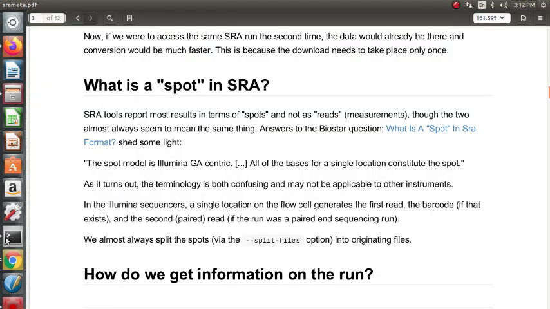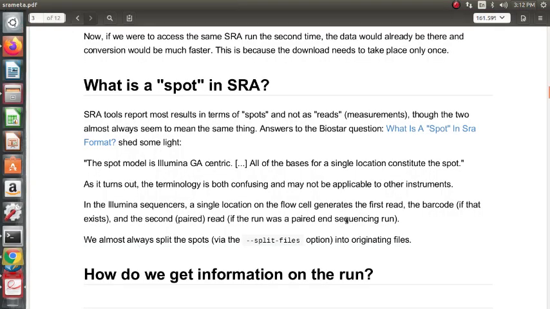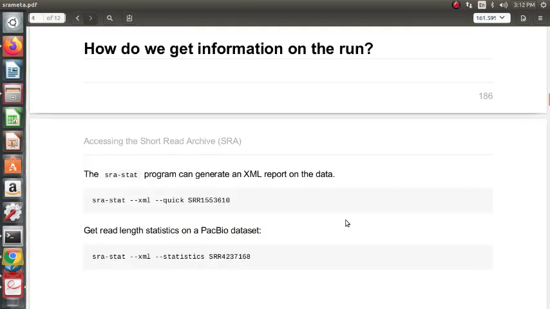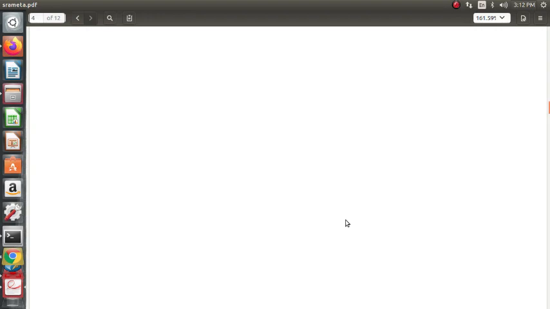Okay, let us see if this is downloaded. Still downloading. How could we get information on the run? We saw the statistics in XML format, and we saw statistics in terms of read length and also the quality.